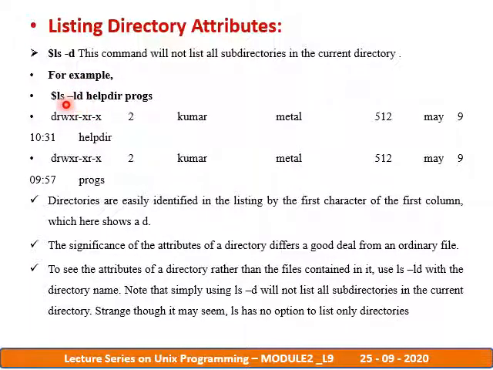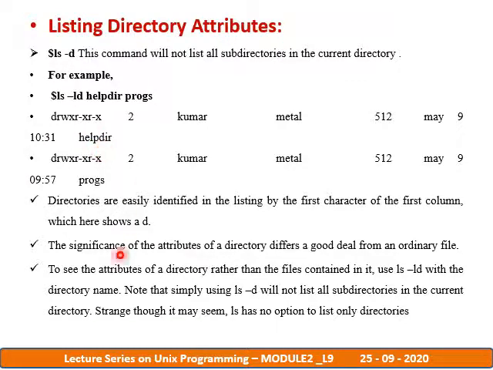Actually here are two options, minus l and minus d. These two options are combined, and the given option is minus ld, and here it is being given with two directory names as an argument. So help dir is one directory and proxy is another directory. If you give these two directories, it is going to list out all the 7 attributes. So D indicates directory, the permission for user, group and others, symbolic link, then user, group owner, the file size, modification time, and the directory name.